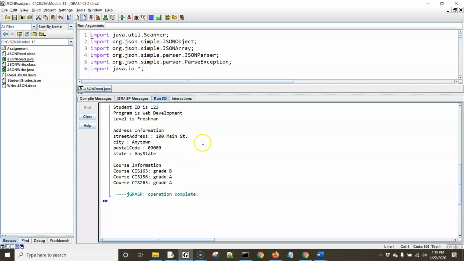So again, what we covered in this video is how you can use the JSON simple toolkit written in Java to write a program that will parse a JSON file. So that's all I had for this video. So we will talk